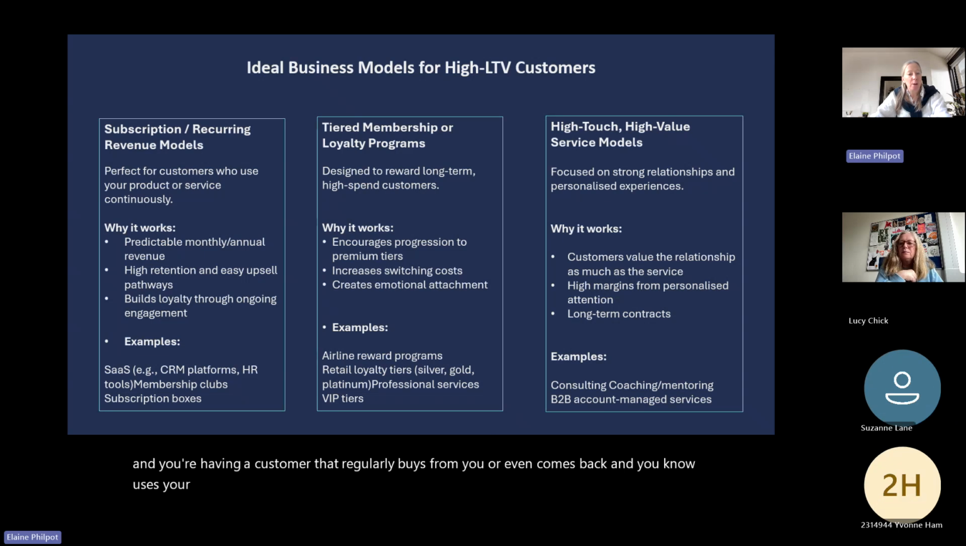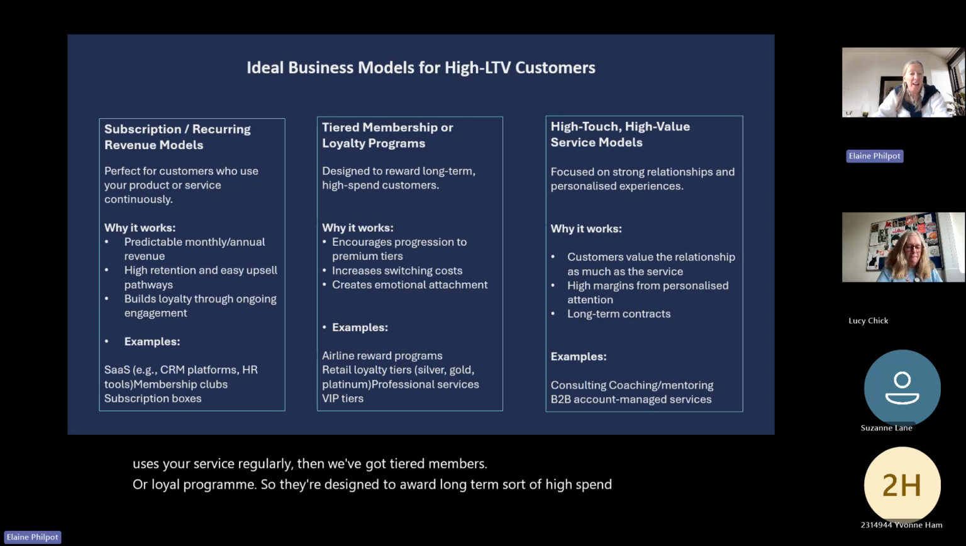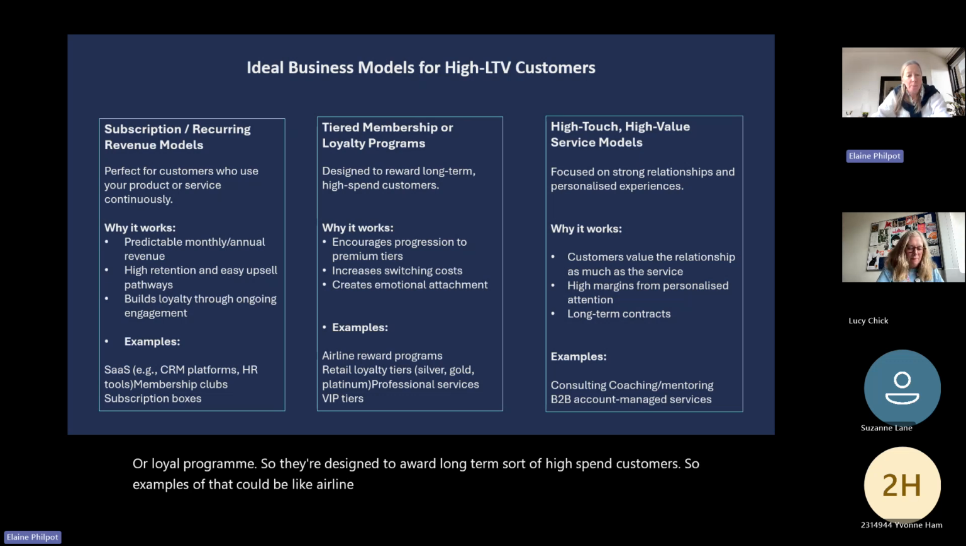Then we've got tiered membership or loyalty programs. So they're designed to reward long-term, high spend customers. Examples of that could be airline reward points, retail loyalty tiers as well. So you can get silver, gold, platinum. I've got one with Rituals, the beauty brand that's on most high streets. And the more you buy, the higher tier you go. And when you go up, I think I've gone up now. I think I might be at gold. And I get 5% off certain products that I buy each month. So there's loyalty